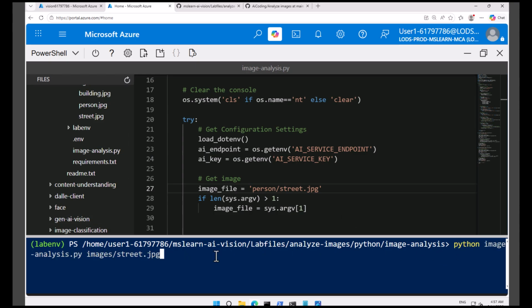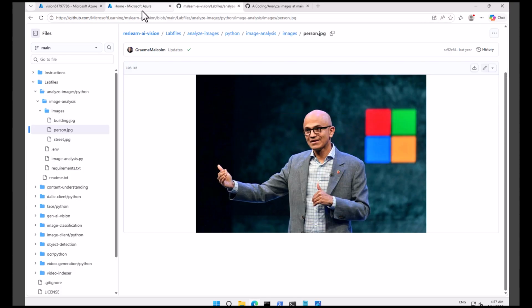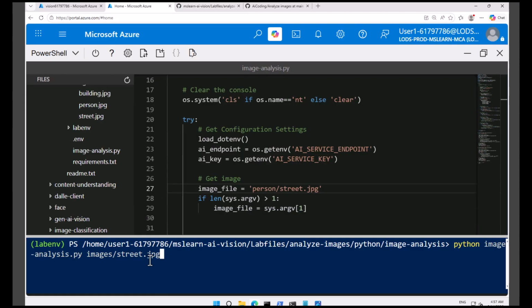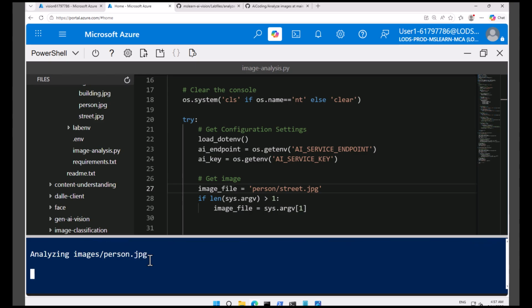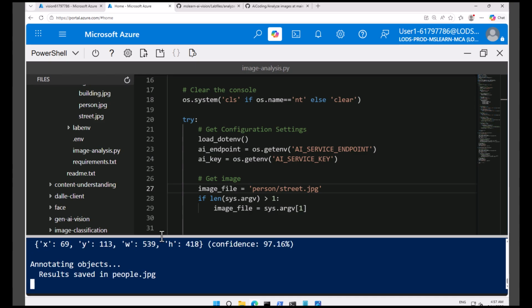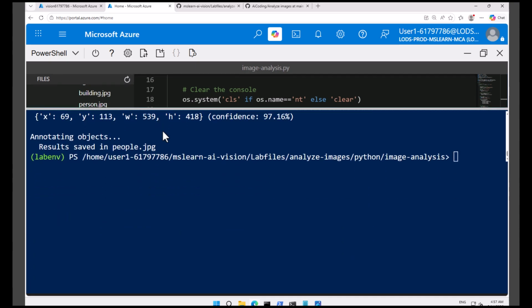I will say python image, and this time I'm going to give person.jpg. Okay, so it will do all the analysis. Okay, and here if you see,